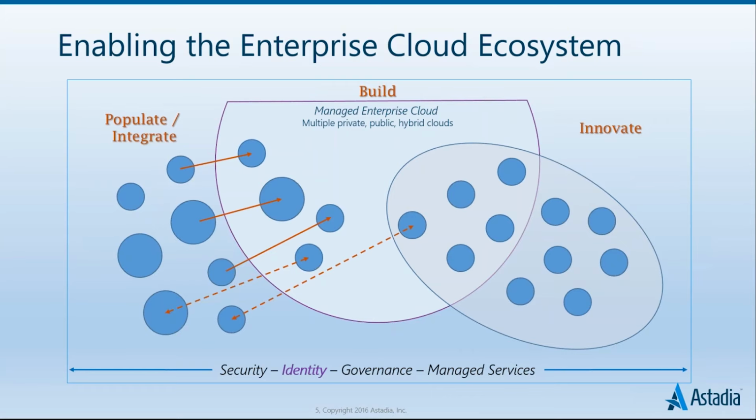The role of IT is always evolving along with technology, and recent years are no exception. We are in a position to be an agent of change within the organization, to be a partner of the business by building a flexible, safe, and secure managed enterprise cloud, and that's the item in the center there, and working to populate that with workloads from on-prem into this managed cloud, or by building integrations where a cloud migration isn't yet feasible. At the same time, IT needs to build a catalog of services that fuels innovation, whether that development is happening within the managed enterprise cloud or outside of it.